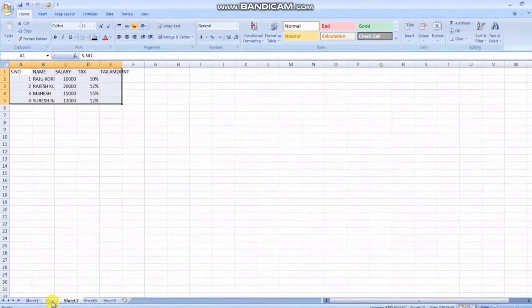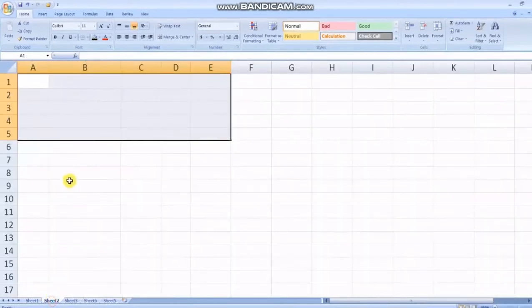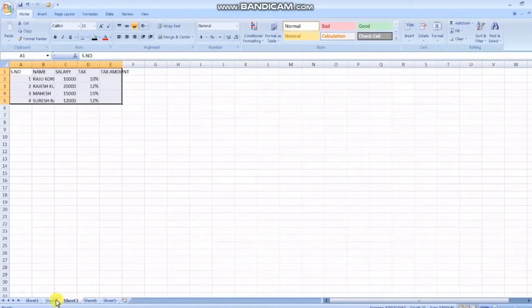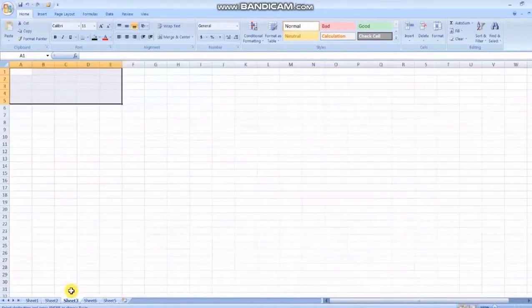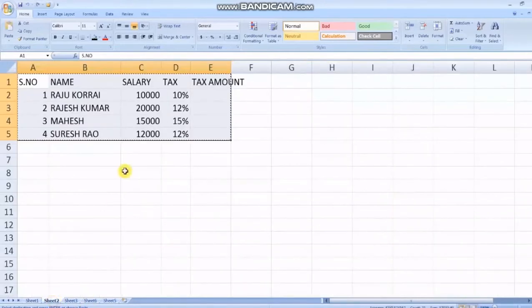Now let's have a look at sheet 2. See here, earlier we selected data here. The entire data has been moved from one place to another place by using cut. Cut is used to cut the data or move the data. Now I am undoing the data. I am pressing Ctrl Z. Have a look, the entire data has come back to sheet 2.